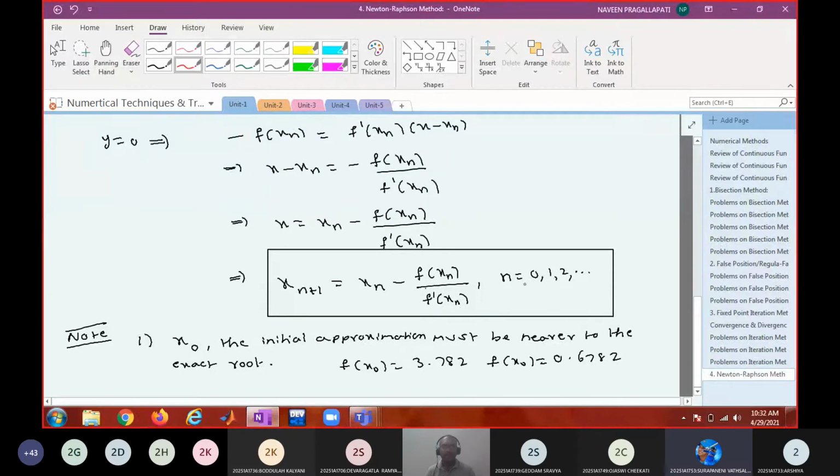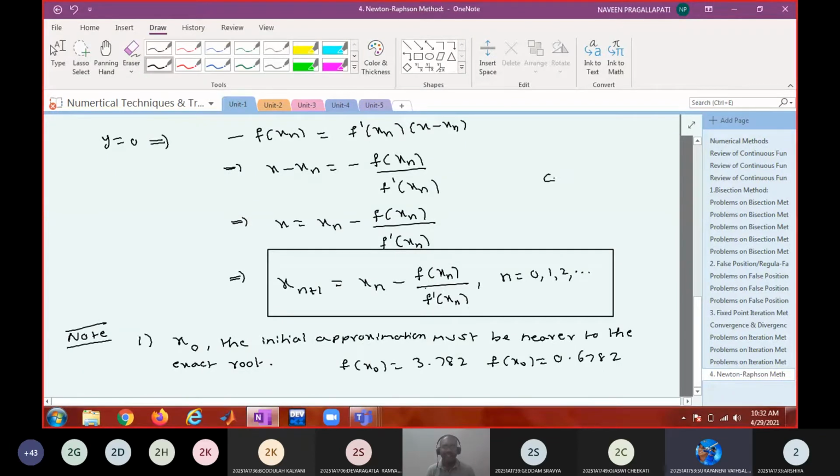Is it 0.6782, sir? Why? Because, sir, it's approaching the very small value now. Then it will be having less errors, sir. How can you say that? Sir, between any two quantities, if we find the difference, initially it can be maximum. By further iterations, we'll be getting the approximate value.